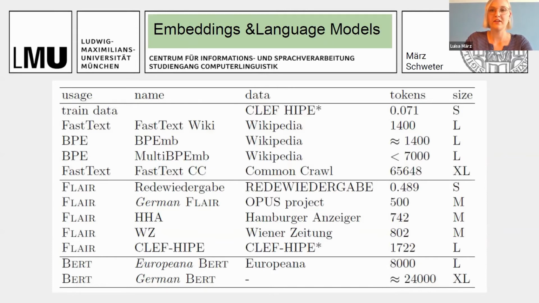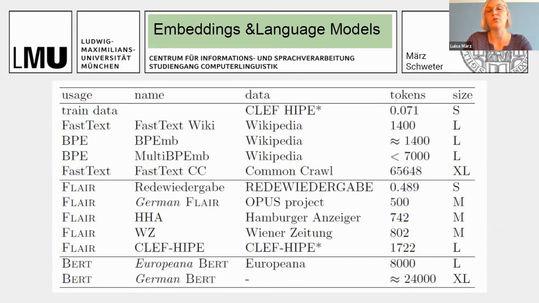And we will see later on in the results whether this has influence or not. And for the embeddings, we use already pre-trained resources. For fastText, we use the embeddings trained by Mikolov, which are available, and for byte pair encoding, the ones from Sennrich. And for the FLAIR embeddings, we have the ones provided by the organizers of HIPE.